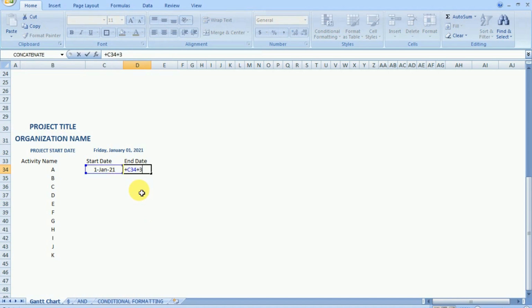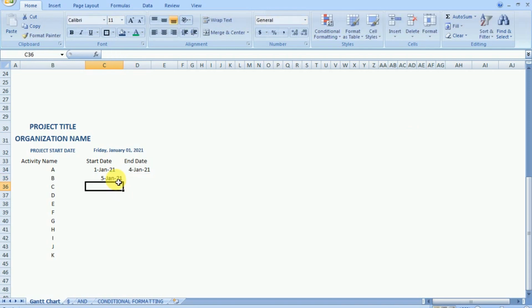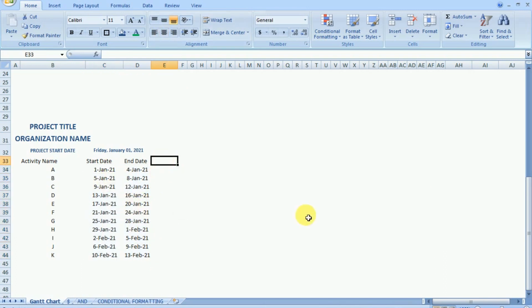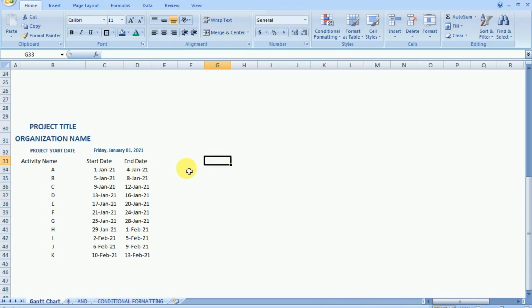Now in this way, first we need to schedule each of the activities that we can do in the planning part of the process. Now our main objective is to make the schedule out of this start date and the end date, to make a graphical presentation of the activity in the form of bars, so that we can easily review which activity is going on in which particular timeline. So first we need to create a timeline. Now the timeline will help us to understand what day or what time we are referring to.